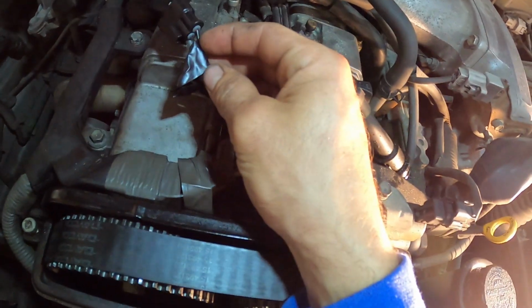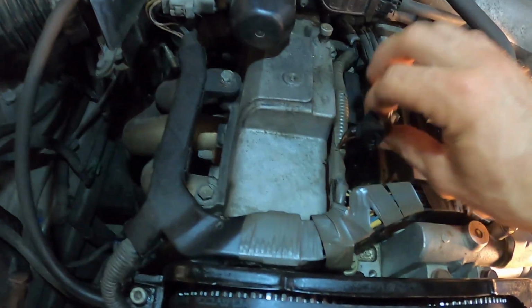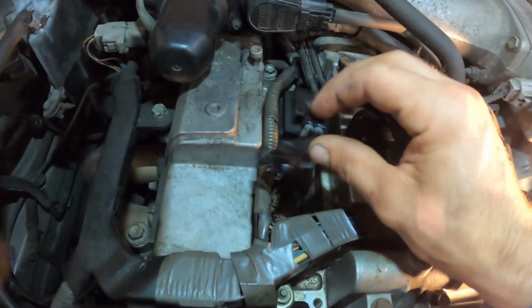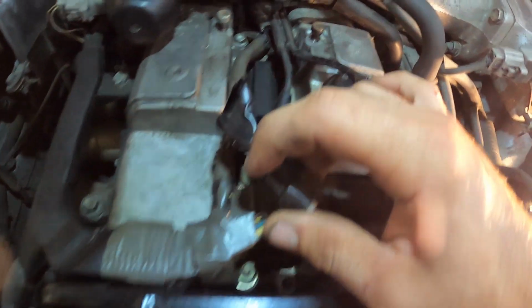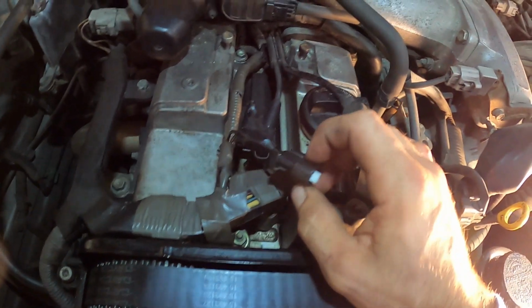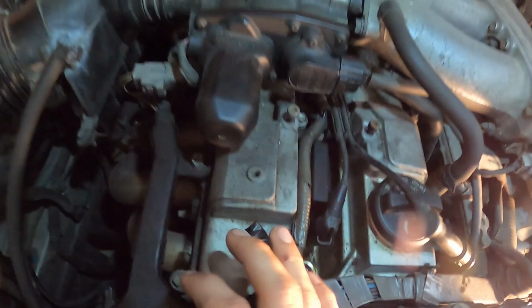And also these two plugs that go into this connector, they just came right out. Actually, I just kind of tugged on them. Like I said, yeah, they came right off that plug, and so I reconnected those. I can kind of give them a tug now. The plug is sturdy. So then I went ahead and popped this plug wire,